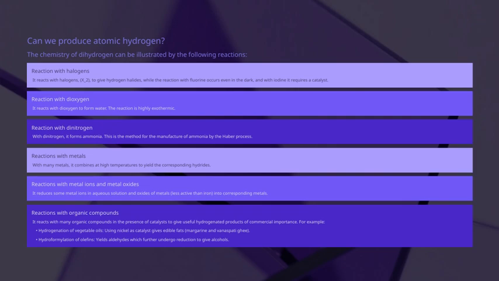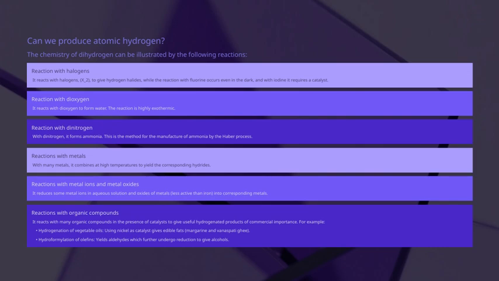Next, we have the hydrogenation of vegetable oils. When we use nickel as a catalyst, we convert unsaturated oils into solid fats like margarine and Vanaspati ghee, making them suitable for cooking and baking. Hydrogen reacts readily with many organic compounds in the presence of catalysts to produce hydrogenated products that are commercially valuable. For example, it reduces metal ions in aqueous solutions and metal oxides, especially those less active than iron, turning them